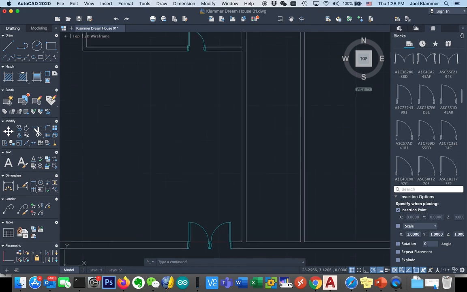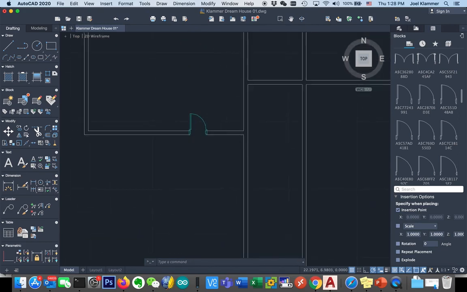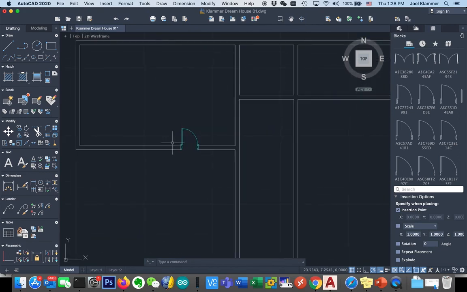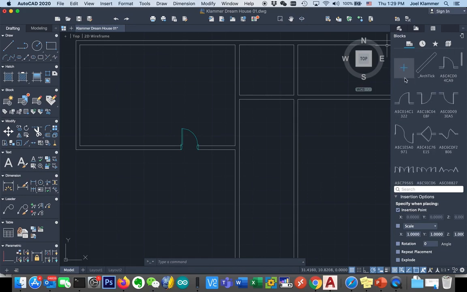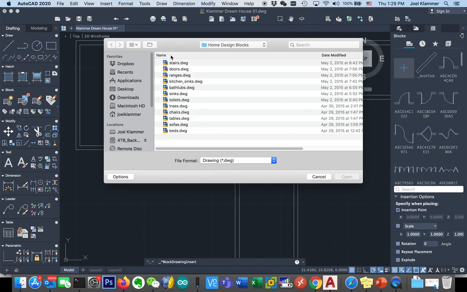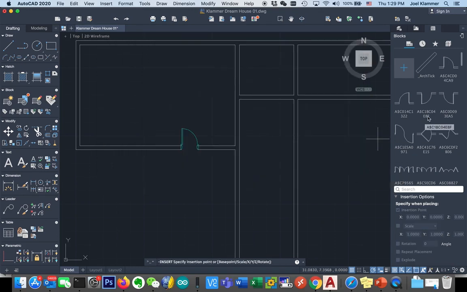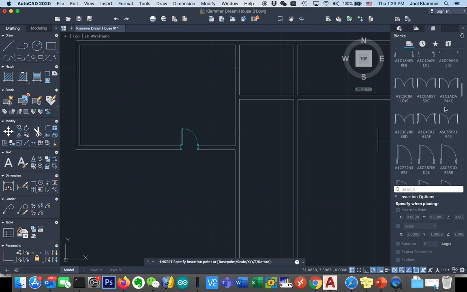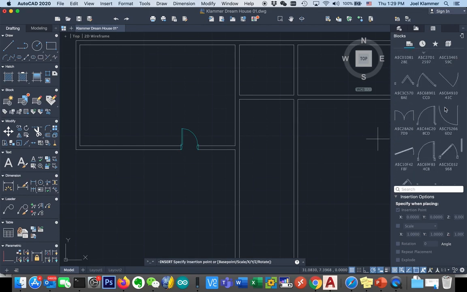Enter to exit that. What I'd like you to do next is to add some doors. And I'll let you do that. But one other thing I want to show you real quick is if you go back over here to the blocks library, scroll back up on top, you'll notice that I gave you a bunch of other objects. Now, the objects are wonderful. For example, let's put a toilet in the master bedroom. So if I open that, you'll see, oh, insertion point, it doesn't matter. If you scroll down now below your doors, you should now see,